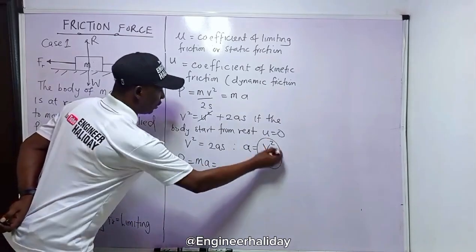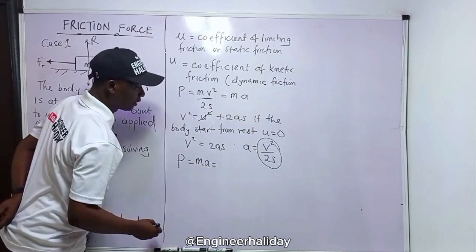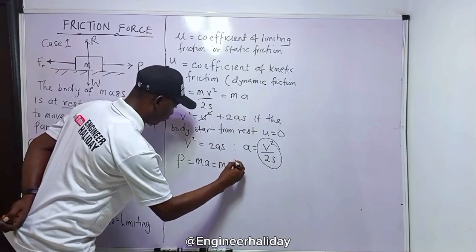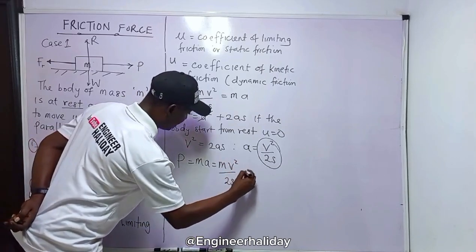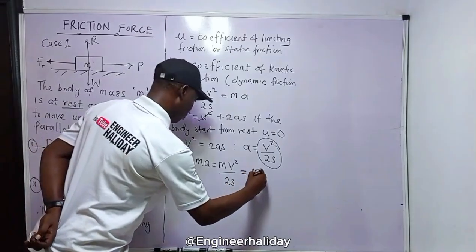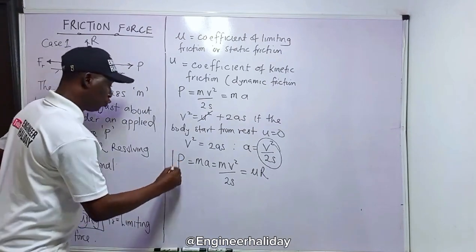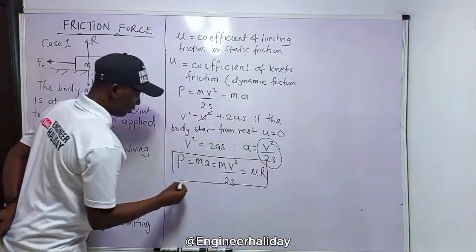You substitute V square over 2s in place of A. We now have mv square over 2s, which is equal to mu r. Now all of them are equal in the case of